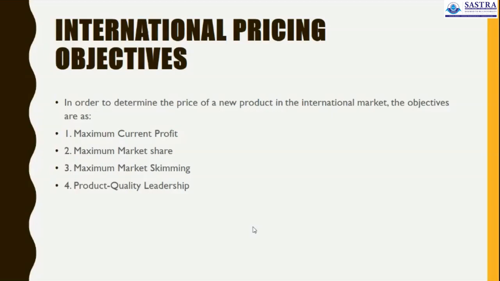The international pricing objectives cover how the firm is involved in pricing decisions, and how prices are set for the process as they enter international competition. So we have started with the pricing objectives. What are the important things we need to concentrate on in this particular marketing mix element?